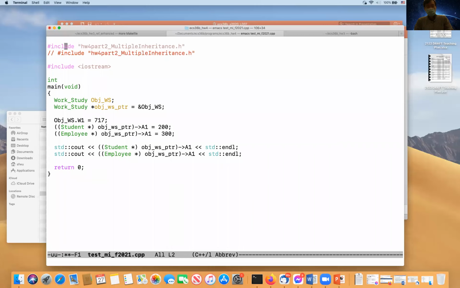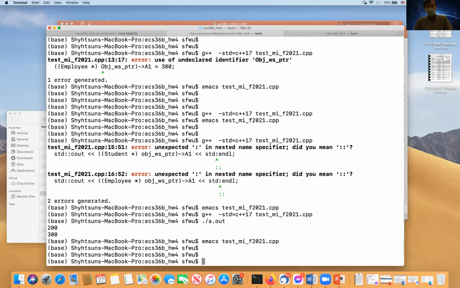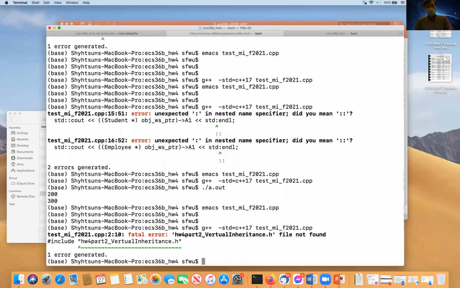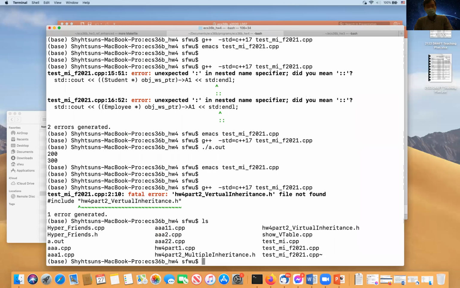Keep this line and change this to virtual inheritance. Let's hope that I can still compile. File not found. What was the name of the file? I thought it's virtual inheritance.